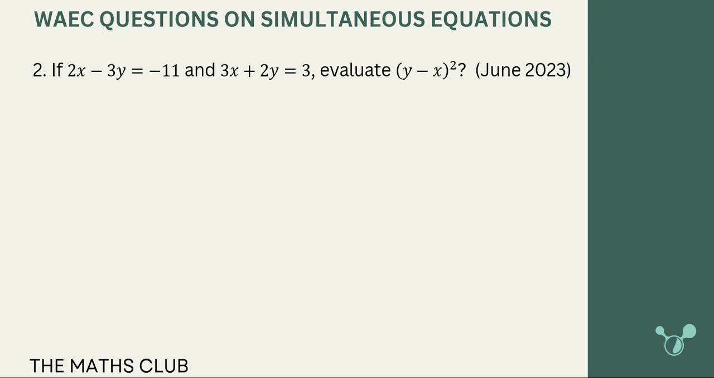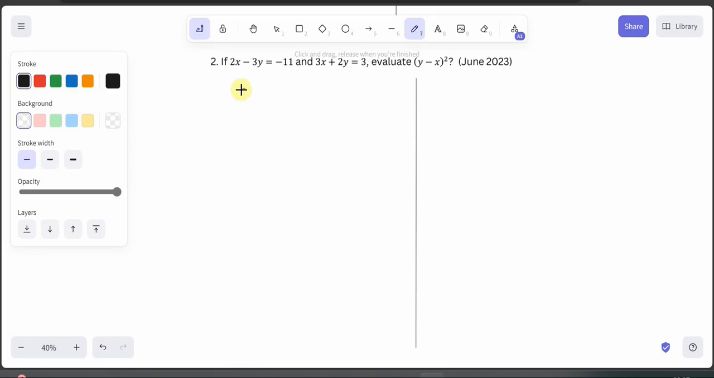Welcome back. Let's solve it together. So we're told that 2x minus 3y is equal to minus 11. This is equation 1. And then 3x plus 2y is equal to 3. This is equation 2. If I wanted to resolve this, I could maybe, like I said in that previous video,